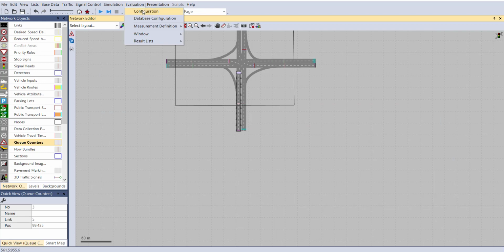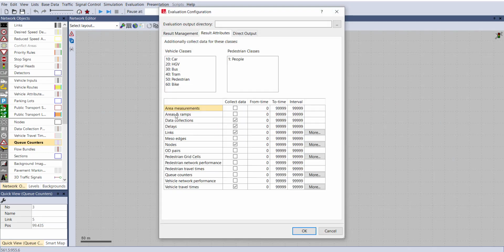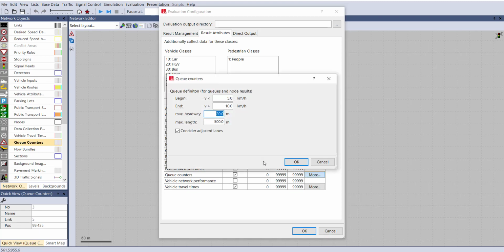Go to the evaluation, configuration, then here you go with the queue. Here you can also see the extra information from the mode, that is when the queue is going to start. If the vehicle speed is less than 5 km per hour, then your queue counter will count that vehicle as a queue length.